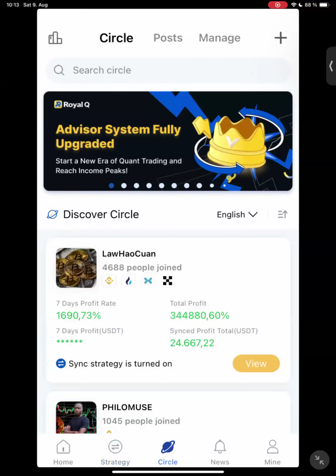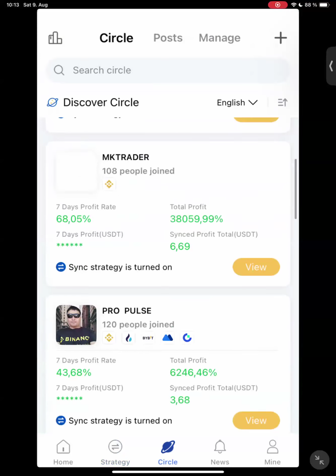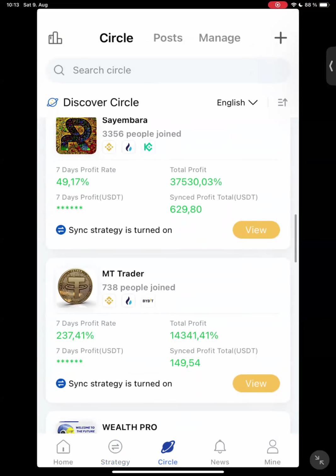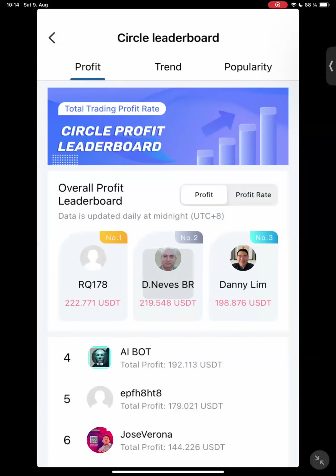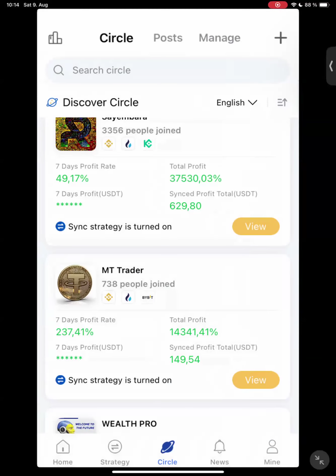All right, let us go to Circle. So this is where you can find all the copy traders we have in this business. Now, who are copy traders? Copy traders are people that have their own unique trade settings they give out to the community. Though RoyalQ has its own default trade settings, you need to have a capital that can sustain those settings, or you can edit it to adjust your capital. But if you don't want to do that, you want to follow a copy trader, you can come to the circle button. Then when you tap on this button here,